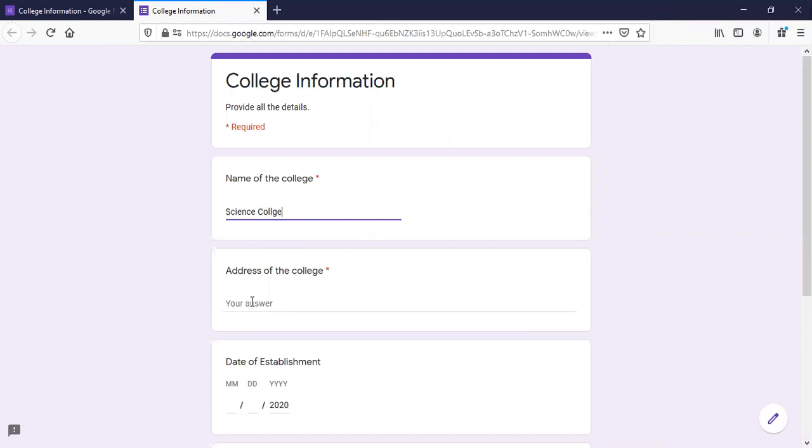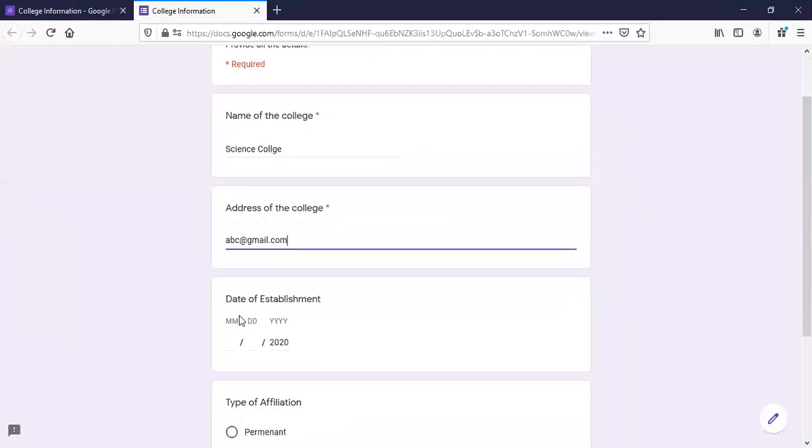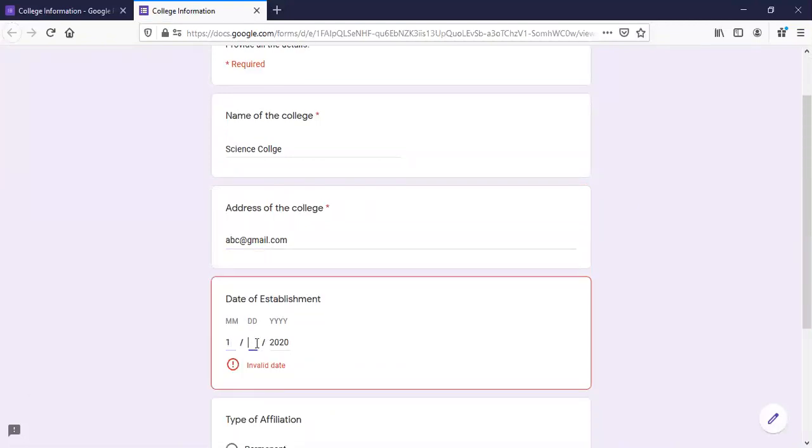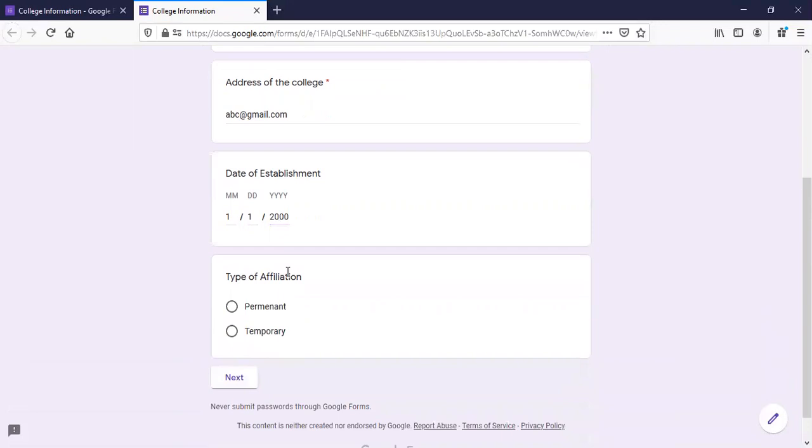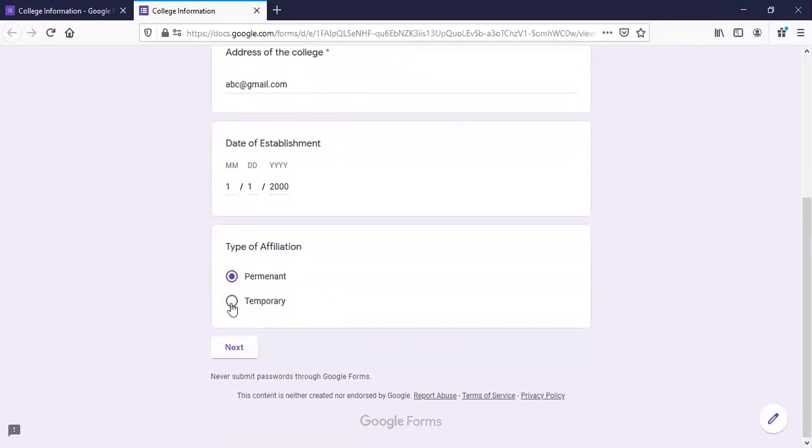I'm going to give some dummy information. Address, and abc@gmail.com. Then date of establishment, so you can select some date, for example 1/1/2000. Then type of affiliation of that college, it is permanent, or I will select temporary.